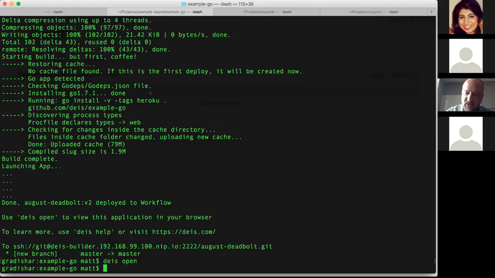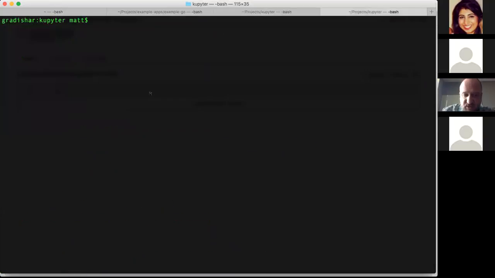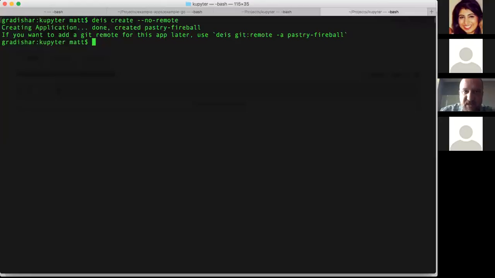And then essentially the final way to deploy code, and this is if perhaps you're a more sophisticated development organization and you're already producing Docker images from your applications, and you're probably pushing them through some kind of CI pipeline for testing. You can deploy that stuff essentially directly. You can say, let's create a new app. It doesn't really need a Git remote because I'm not pushing code to it. And we got pastry fireball. So you can use the deis pull command to just reference a Docker image